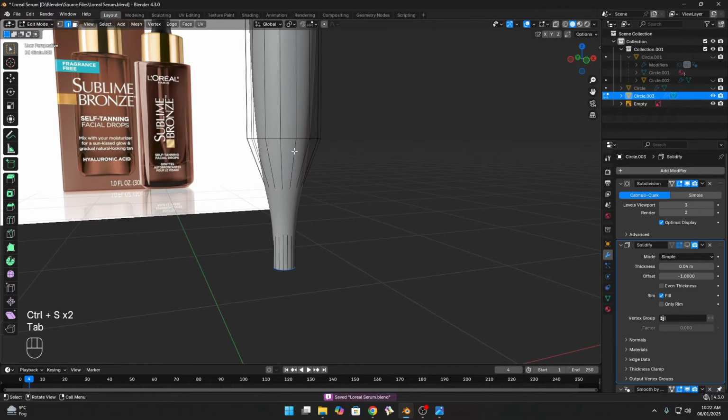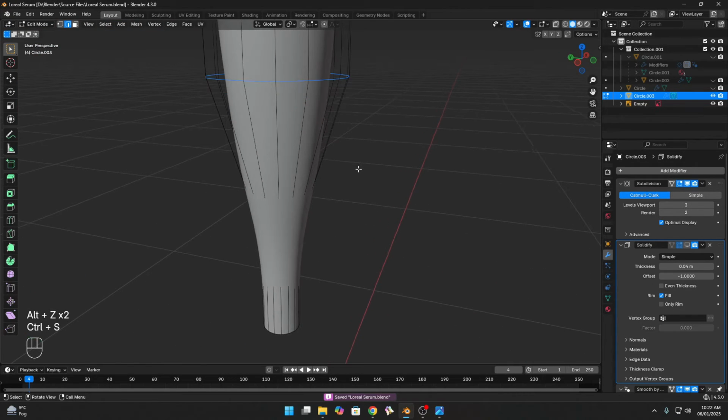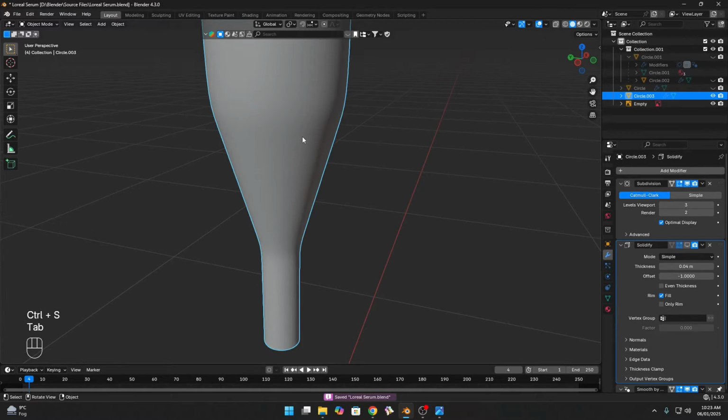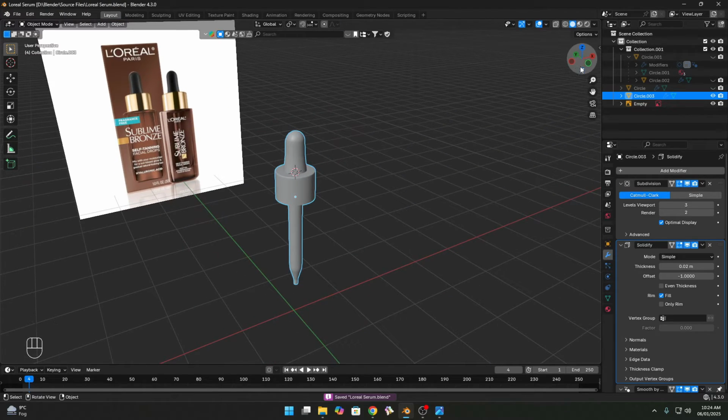To adjust this shape, just select this loop and press double G to edge slide and move a little above, and also select both loops and bevel these with one segment or two, it's up to you. Let's make the shape value 0.5 and select this and move above. So that's our modeling part.